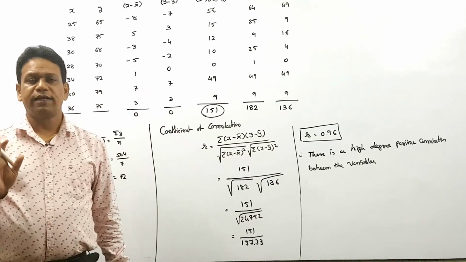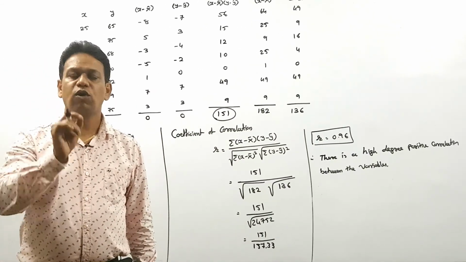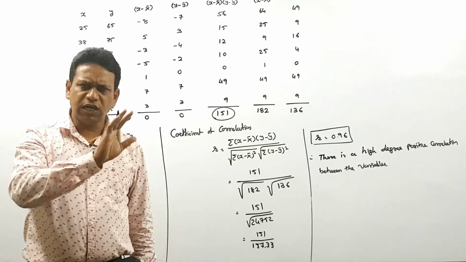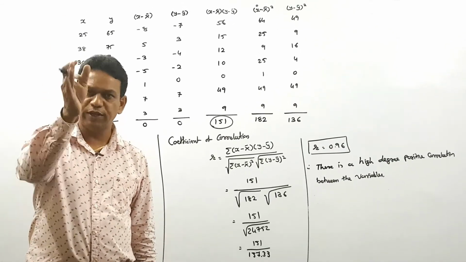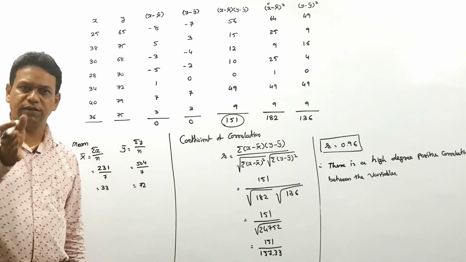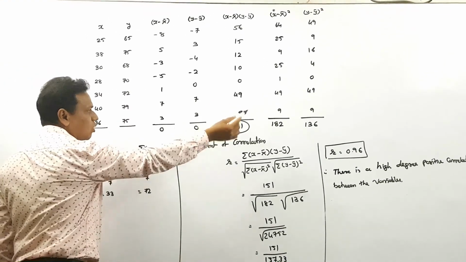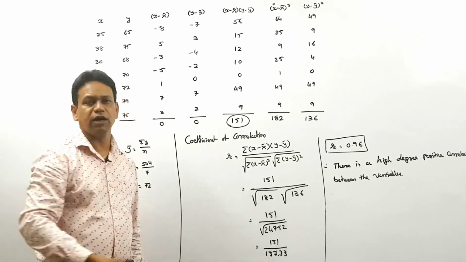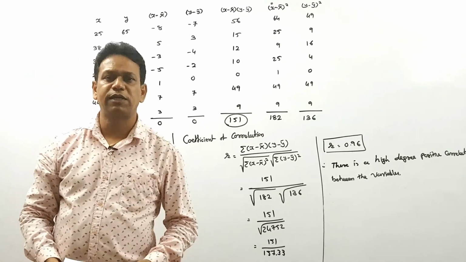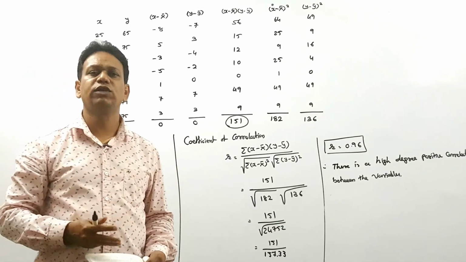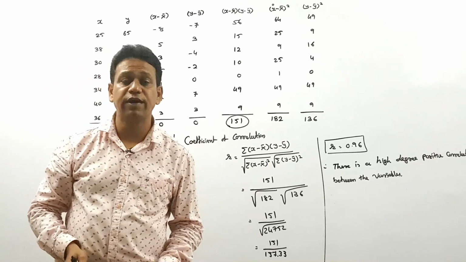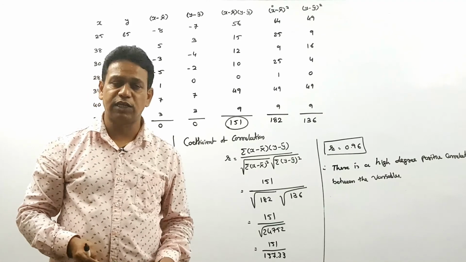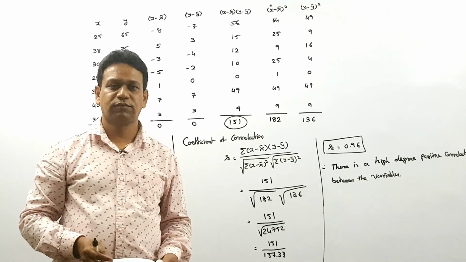Very simple process my dear friends, it depends on you totally। There's a crystal clear use of calculators, two columns are available, you have to find the mean first, if means are integer values you have to make these columns, and the very easy formula we have, r is equal to sum of (x minus x bar)(y minus y bar) divided by the root of sum of (x minus x bar) square into the root of sum of (y minus y bar) square, and our answer is always lie between -1 to +1। Thank you very much my dear।